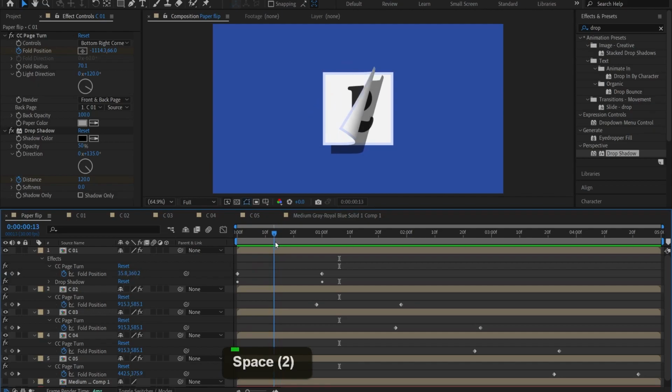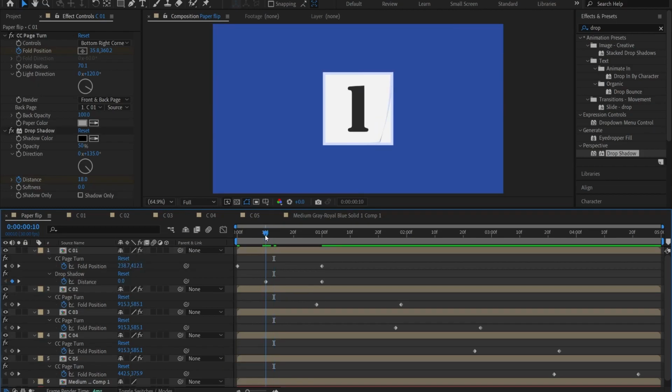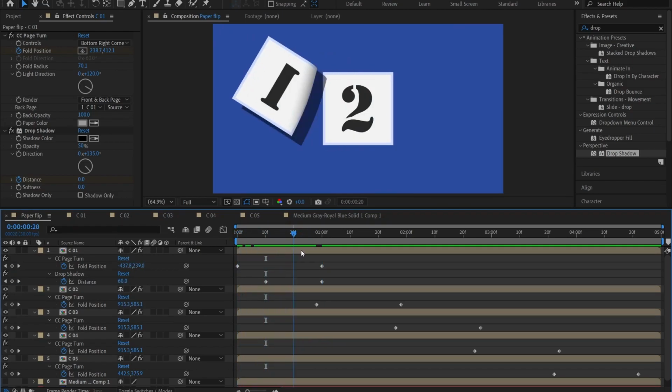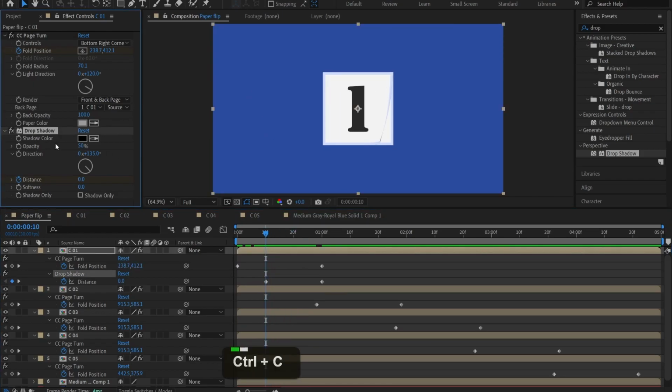We want to move this. I'll hit U on your keyboard twice. We want to move this when this starts, so somewhere around there. So I think at 10 or 11 frames, that will work a little bit better. Okay, so I think that's actually really good. Cool. So I'll go ahead and click on drop shadow, copy that,